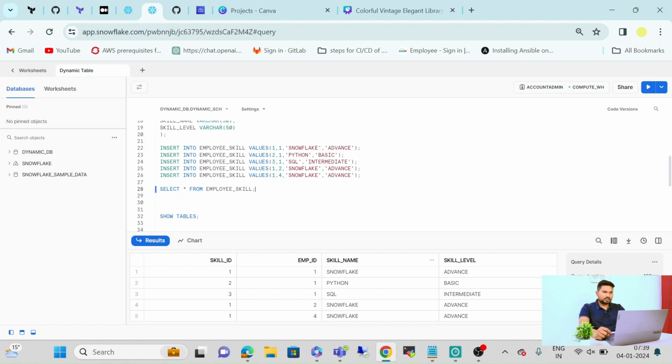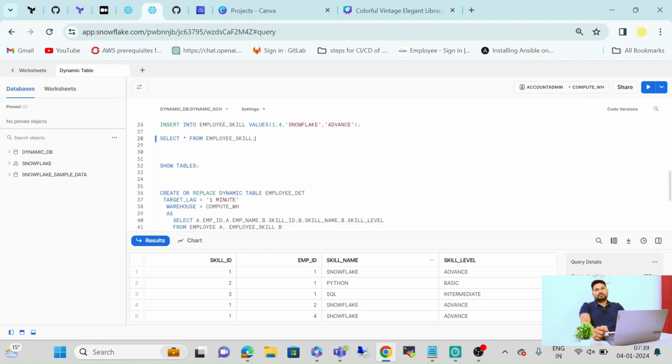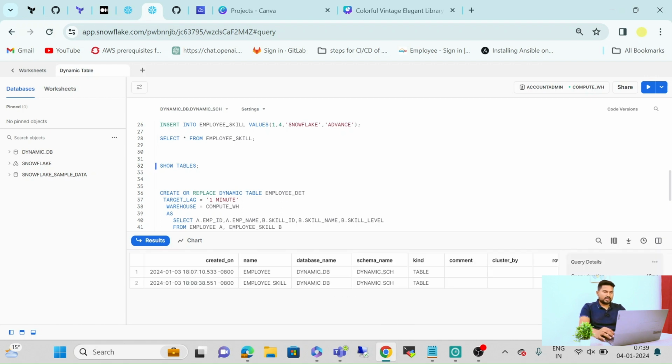Whenever we create base tables or standard tables, automatic refresh is disabled by default. It will be enabled only when we create dynamic tables. As you can see here, I will show you. I have written an SQL statement, show tables. Here you can see we have created two base tables, employee and employee skill,